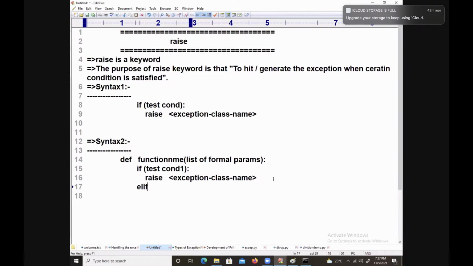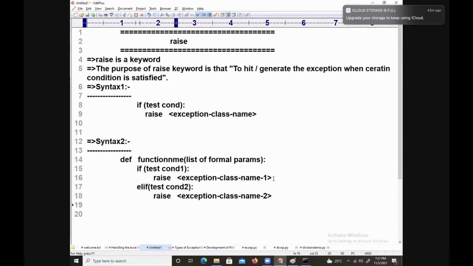If test condition 2, raise another exception, raise exception class name 2.